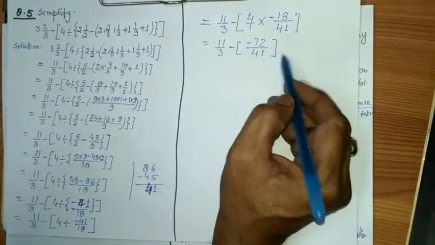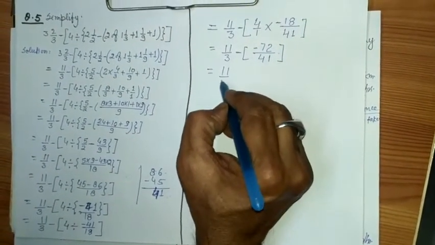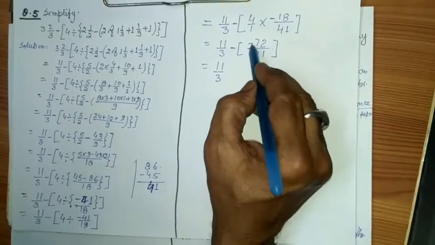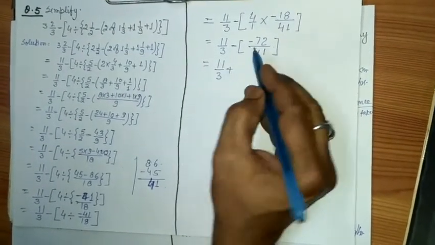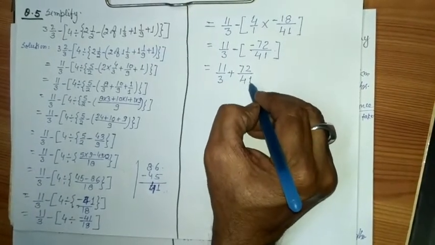Now breaking the square bracket at last, we get 11 upon 3 minus minus plus 72 upon 41